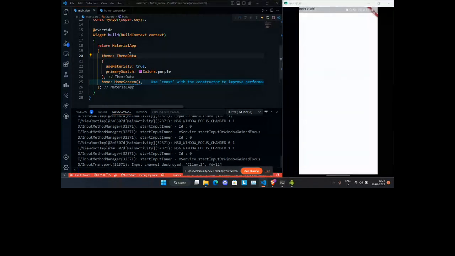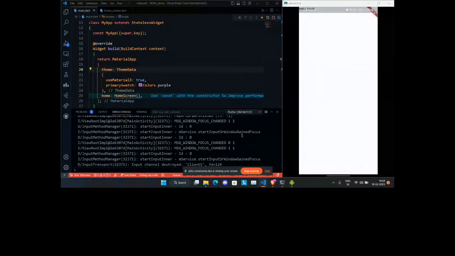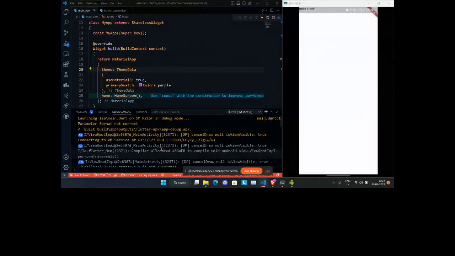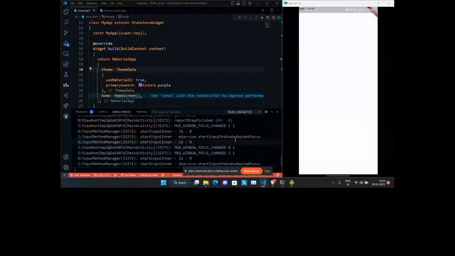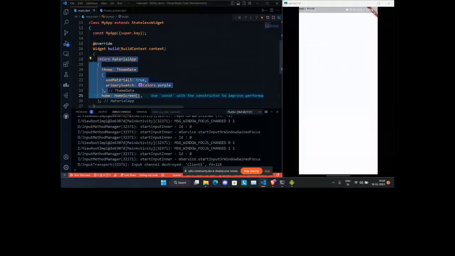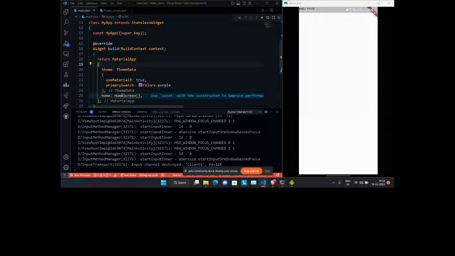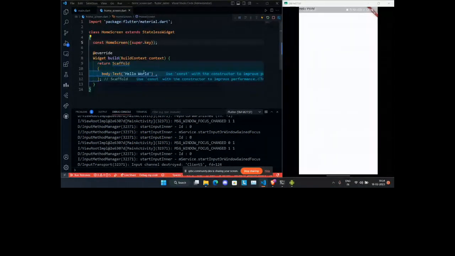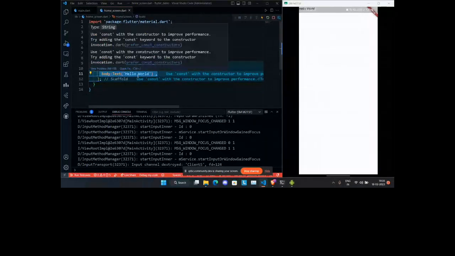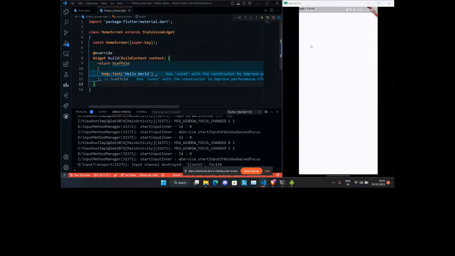The console also shows that we are connecting to the VM. As I told you, for the material app we have to provide a home. The home is home screen, and when we go into this home screen, we wrote body text, body as hello world. So here is hello world.